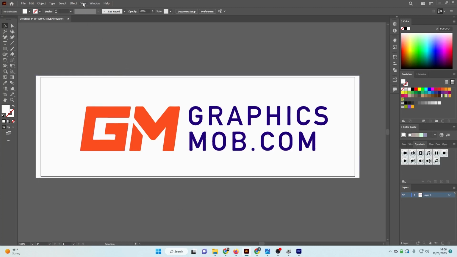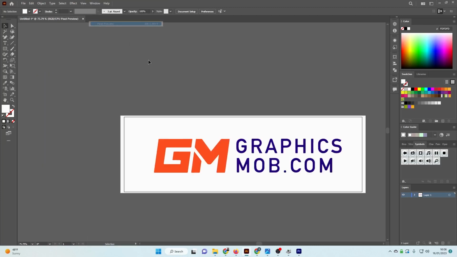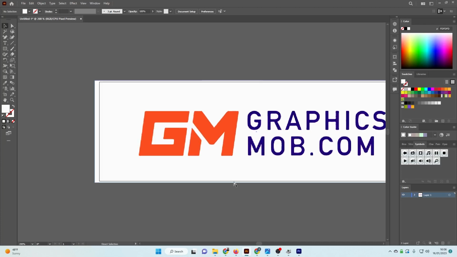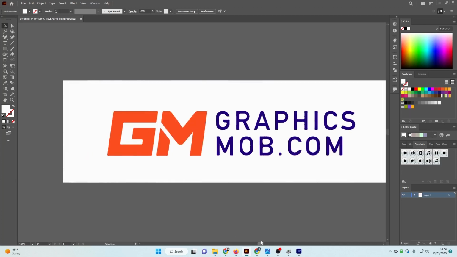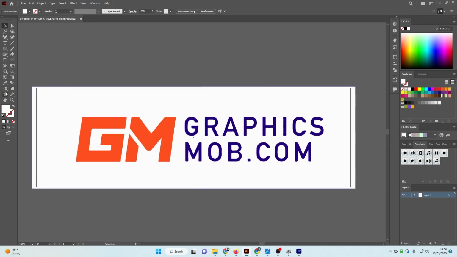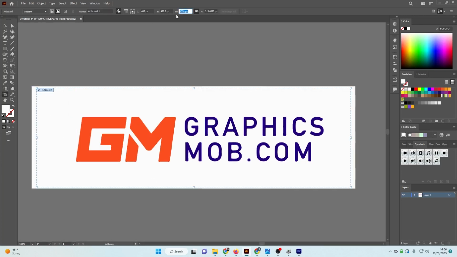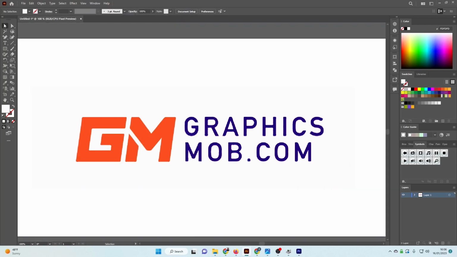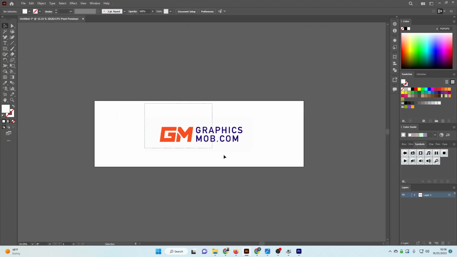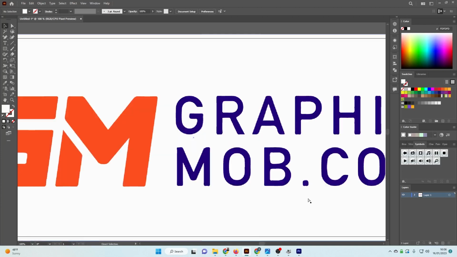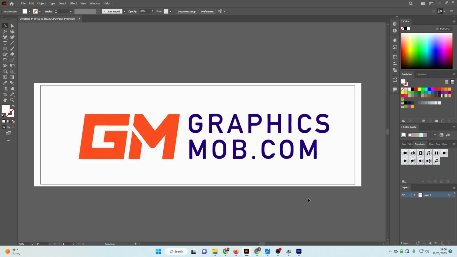And now if you go to View and Pixel Preview, then you can see that it's not as blurry as it was before. If I increase it again to say 2000 pixels and then scale it, now it's less pixelated. Now you don't always have the option to increase your artboard size, so what you can